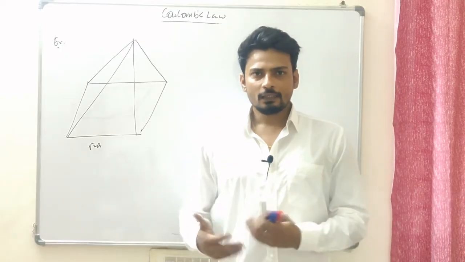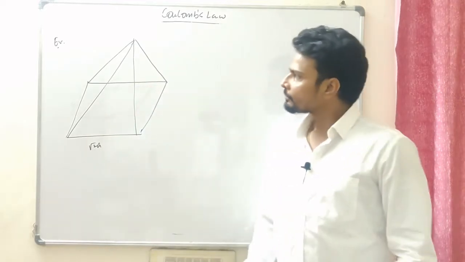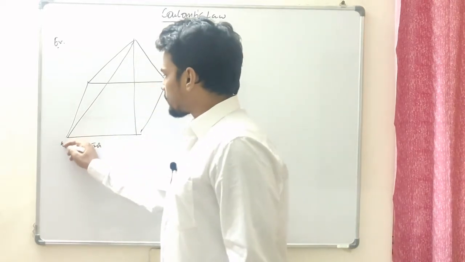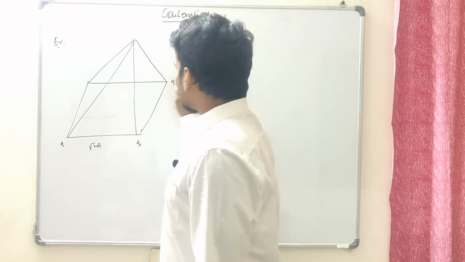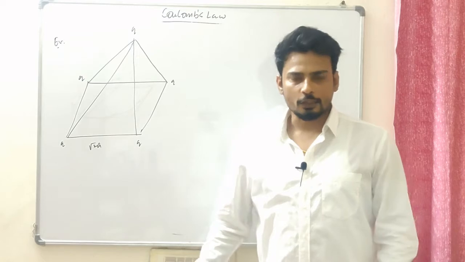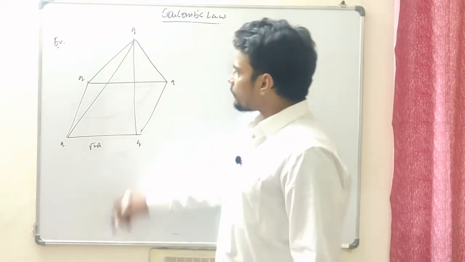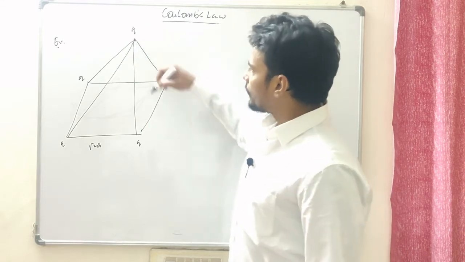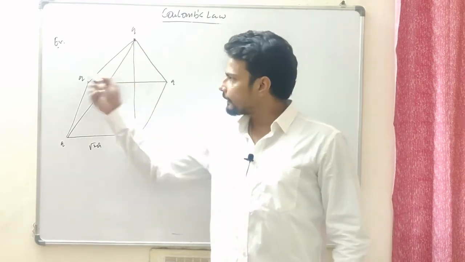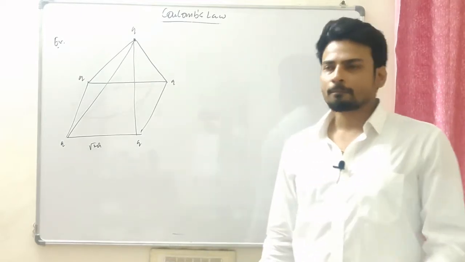Alright then, let us see a question in which we have a square pyramid of, let's say, side length root 2 times a, and let's say we have placed charges q, and q, and of course here also, on all the 5 vertices of this pyramid. Now if they ask me to find the value of force on, let's say, this charge, because of these 4 charges, then the vector rule is going to be the best technique to find it out.